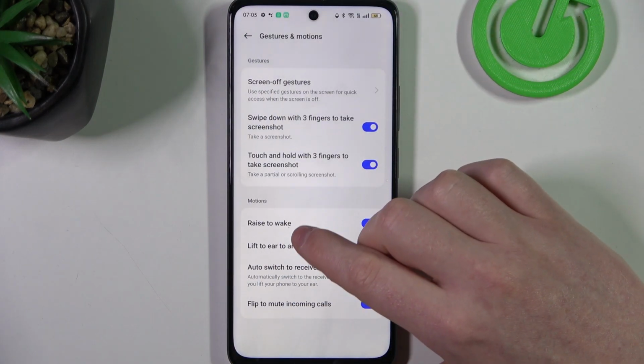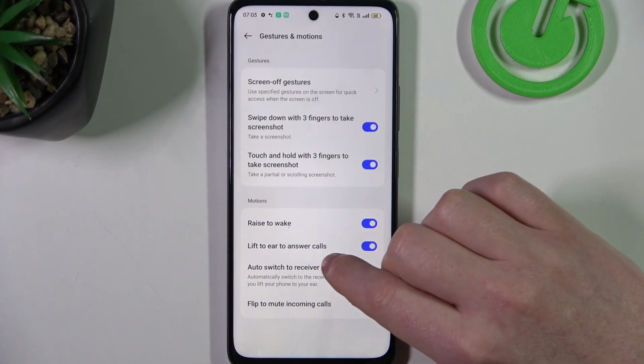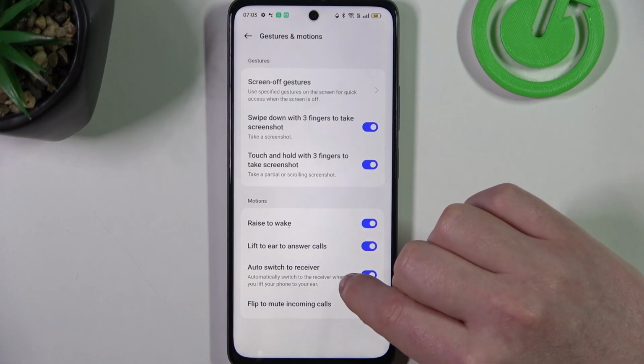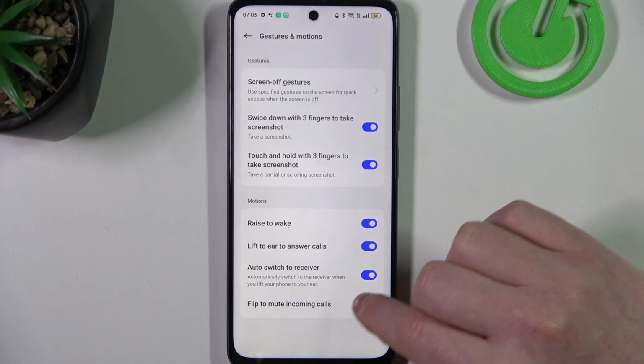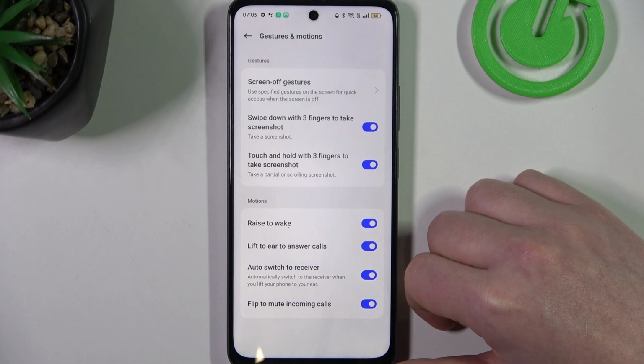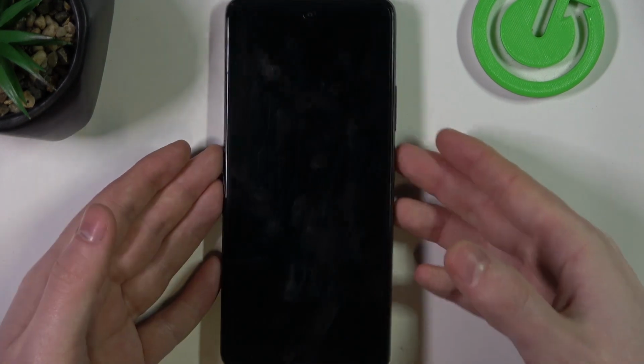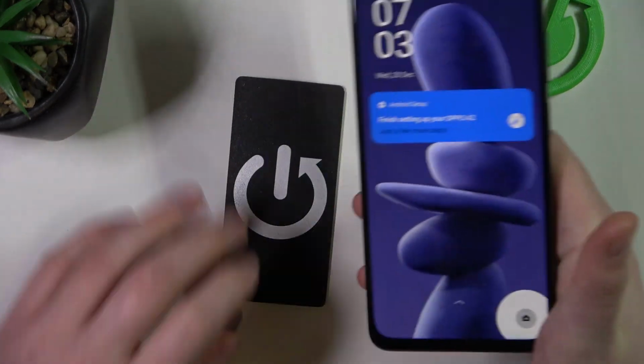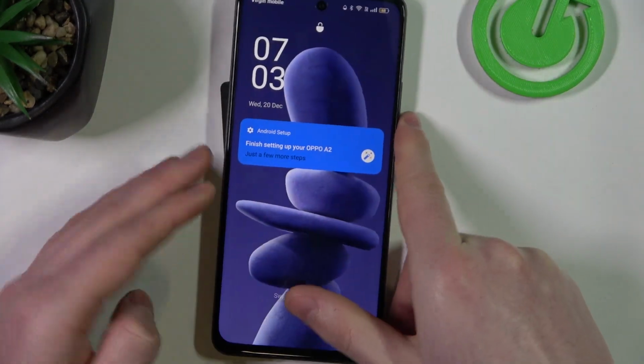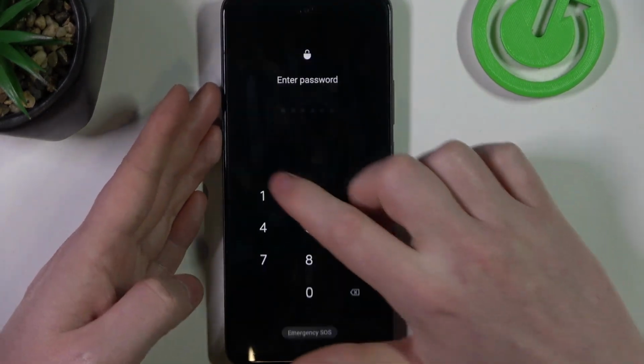Then there's raise to wake, lift to ear to answer call, auto switch to receiver, and flip to mute incoming calls. And if we lock our device, we can raise our phone to wake it up without touching screen or any buttons, and it will unlock. Moving on to next one